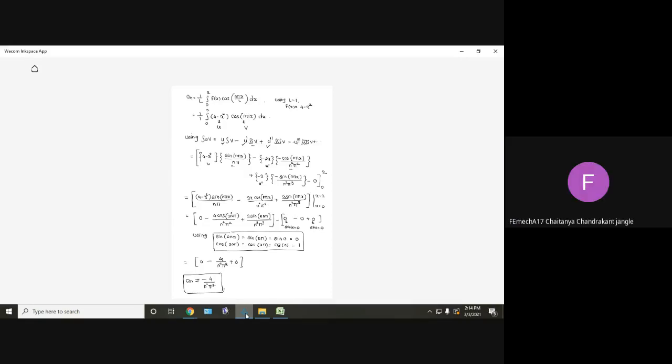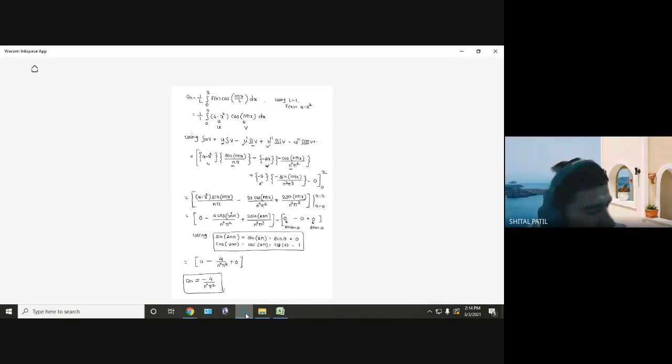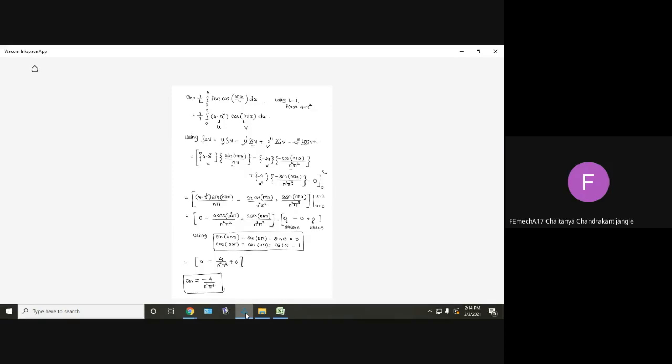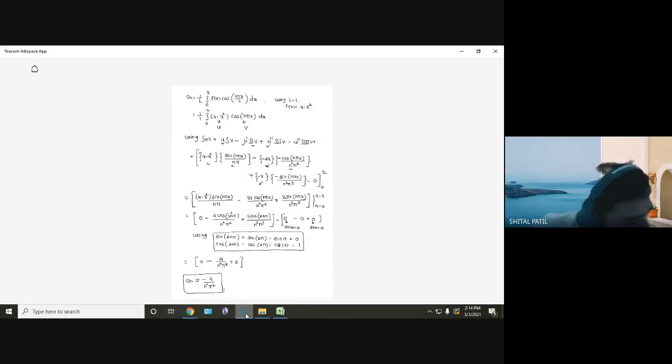Sir, question number 14 is wrong. MCQ mean value theorem. What is the question? Find the value of theta, like this. No, there is a small mistake in the question. The value of Q is there, no? It should be the value of theta. I will solve it. The answer is coming -1/3. No, do wait for some time. I'll find the answer, write it, and post it on the WhatsApp group. Okay.